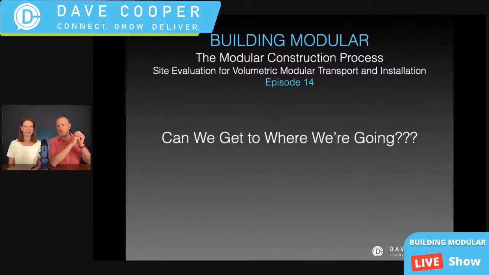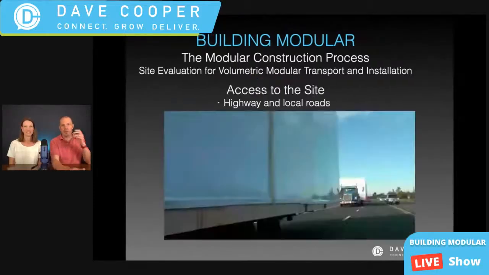Can we get to where we're going is the title. So what is the first thing, Jennifer, that we're looking at? Yeah, so really from the factory, the highways. The highway from the factory nearest to your location, that's where we're starting. Again, regionally, everything is different. We speak a lot to the Northeast. We'd love to hear from you if you're in different parts of the country and tell us how you're looking at this, because it could be different regionally. But typically we start at the first major highway. Yeah, for sure. And you can see here, and let's see if I can get this to,